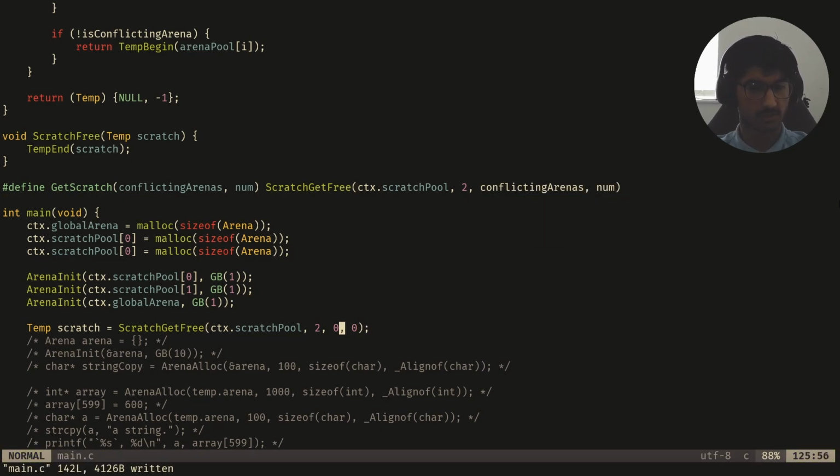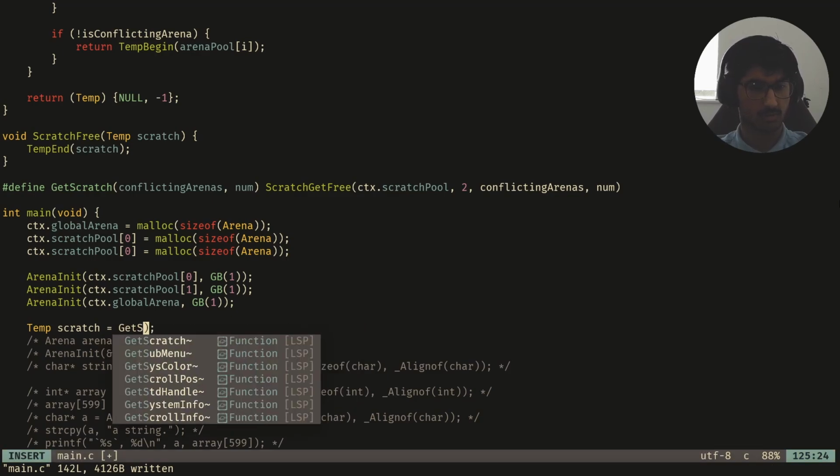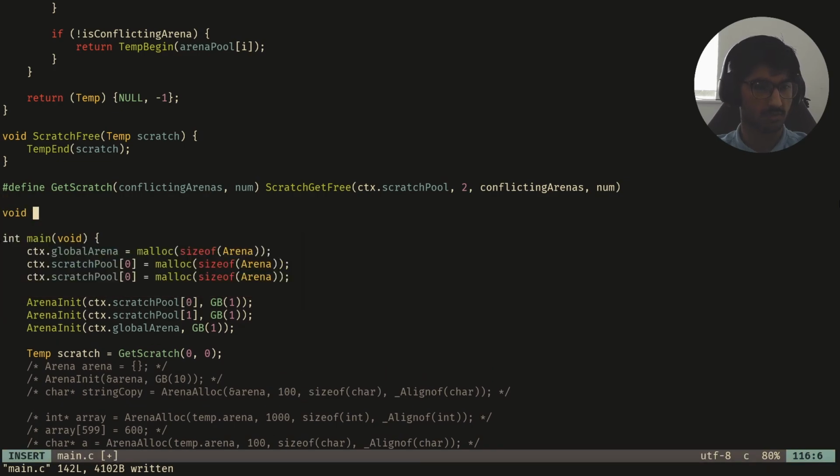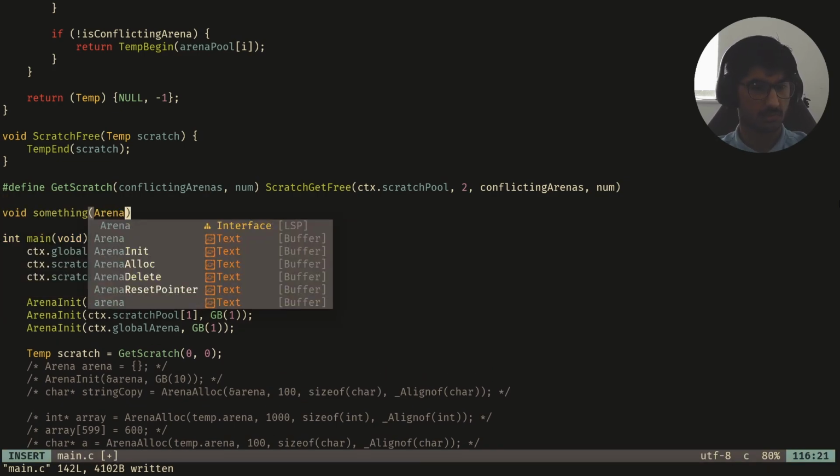So instead of doing this here, we can just do something like get scratch, say conflicting arenas, 0 0, and then let's say for the function here we have something like void